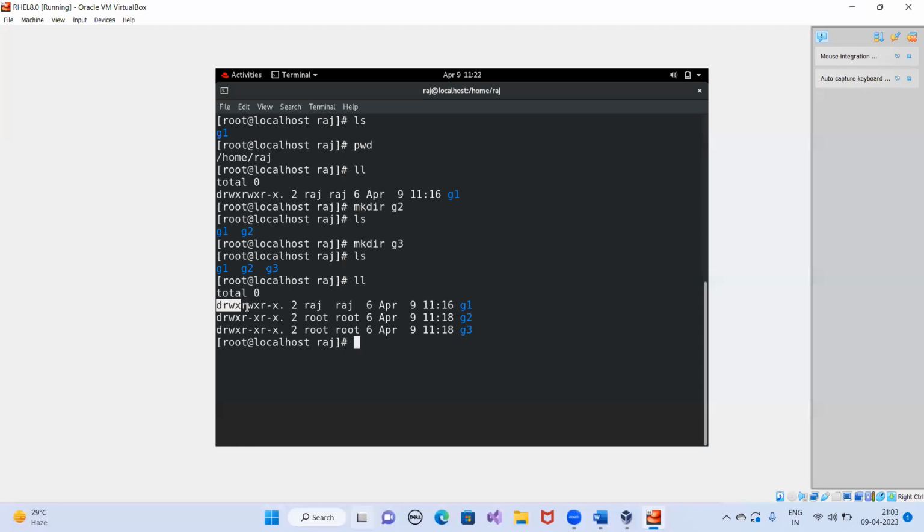Then comes the next permission. The next permission is what? RWX again. See, read, write and execute. Again, the full permission. Who has the full permission? The group has this permission. Then the final one is R-X. R-X means read and execute permission. Which permission does this belong to? This belongs to the other users. So apart from Raj and apart from this group, whatever is pending, whatever other users are available, these people will be treated as other. Now, what does this permission signify?